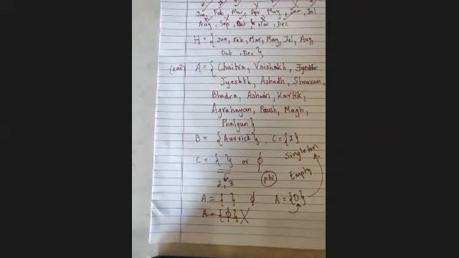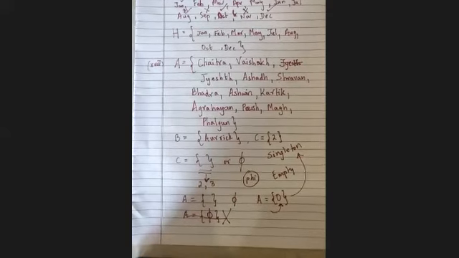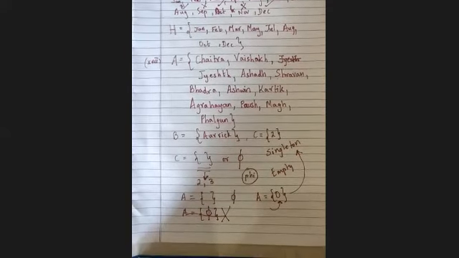Ritika from JB Nagar. Hello. Yes, sir. Good afternoon. You'll have to help me with the set, the singleton and empty set sums. You understood the explanation for that? Yes, sir. Okay. Now we are looking at question number 1: which of the following are singleton sets or empty sets? Can you read the first sum? A is a set of all x such that x is a natural number smaller than 0.